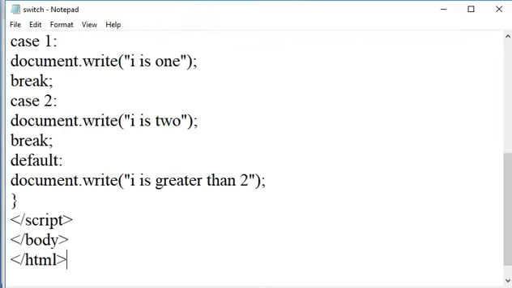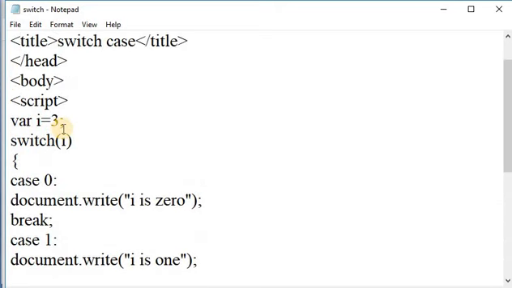In the code, we take variable i equal to 3. The value of this variable is 3, and we pass the variable in the switch case as an expression. Here the expression checks all the cases one by one. First of all, check case 0, document.write i is 0. It is false.